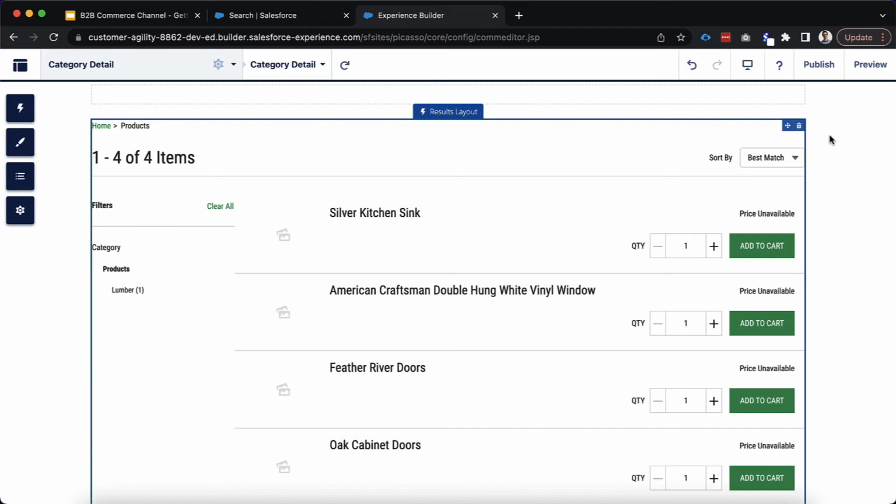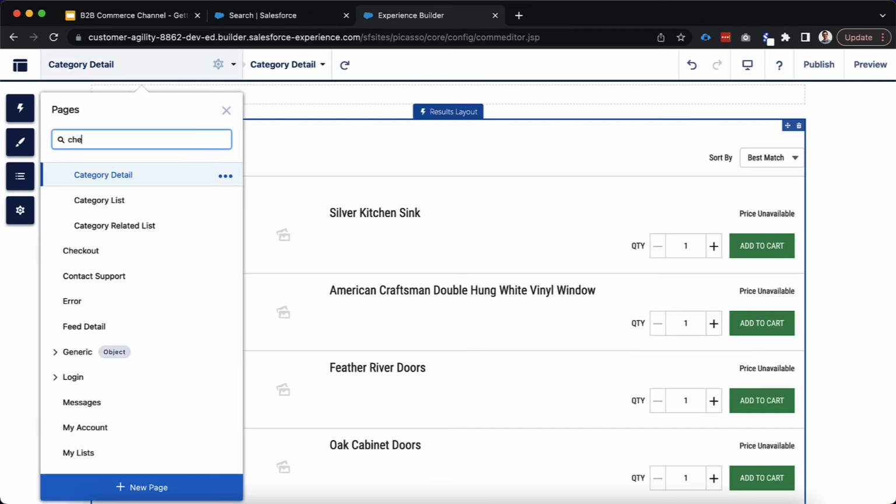Okay, so last two things I wanted to mention. One is the next page that you're probably going to want to spend some time on is the cart page. We're not going to spend too much time on that today because it's just like all these other pages. You basically have override capabilities and that's it. I did want to spend a moment to go over into checkout here,